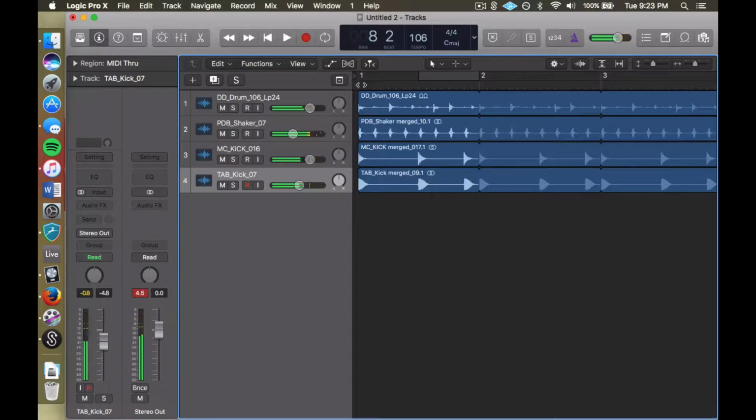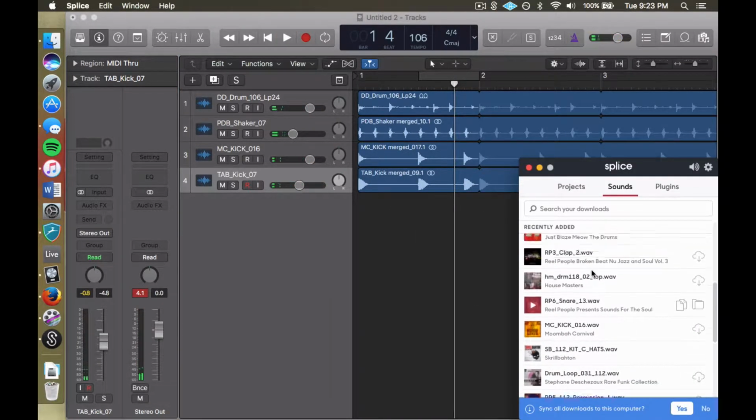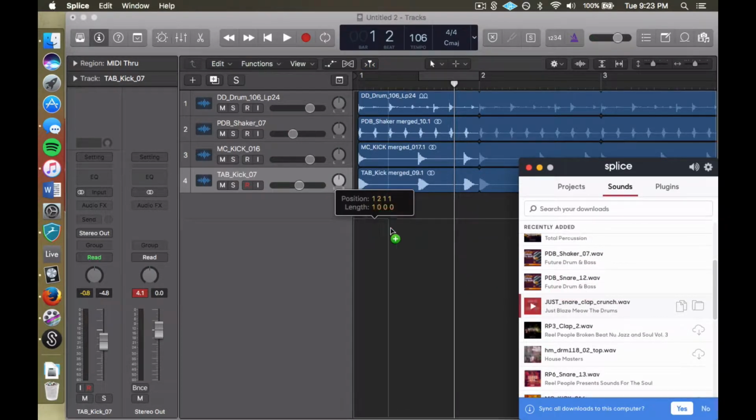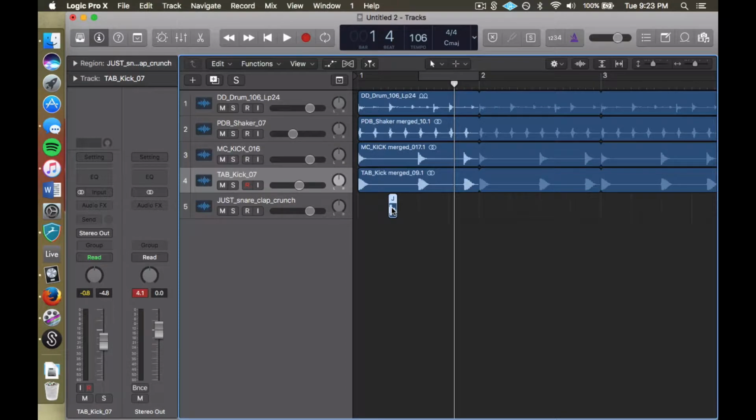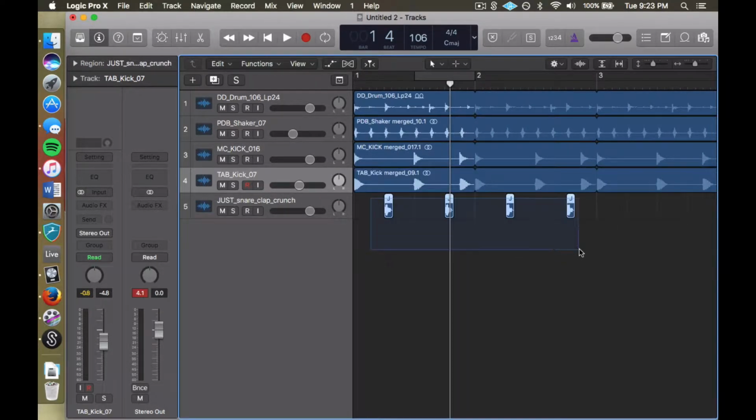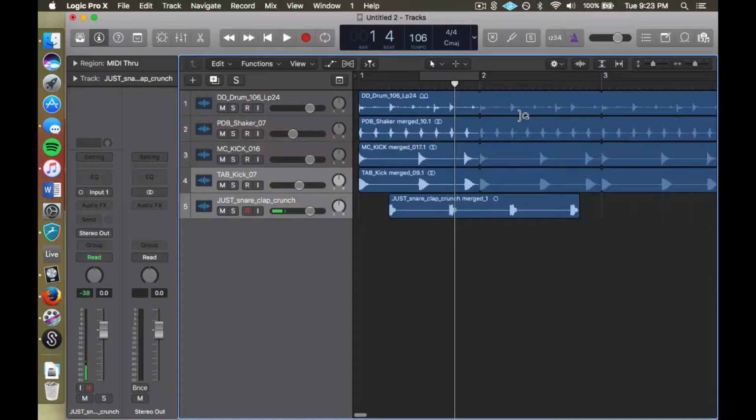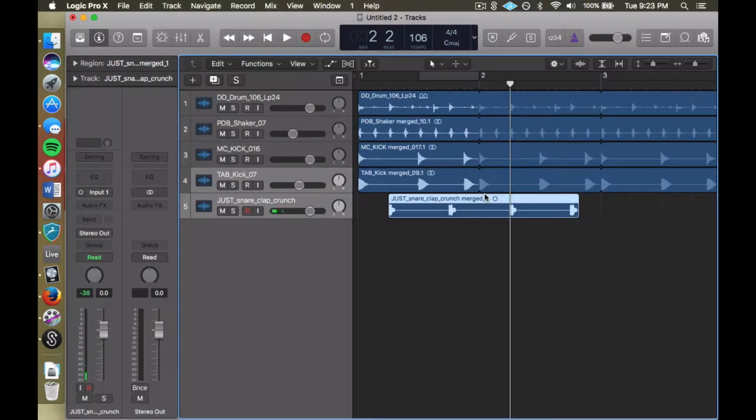So the last thing I need is a big snare. I always like having a snare on the 2 and 4 to bring the whole track together. So I found this snare clap in this Run the Jewels pack on Splice. I really like using Splice for drums. I haven't experimented with it too much with other things, just because I think with synths, it's harder to